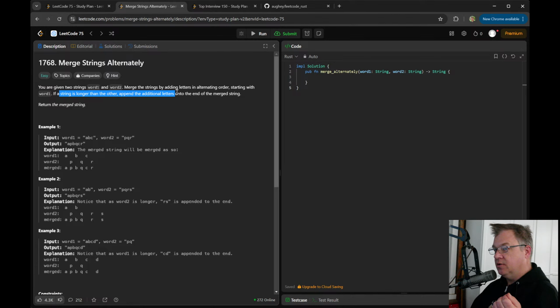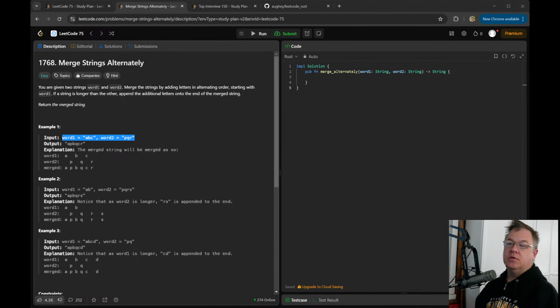If one's longer than the other, append the rest. Return the merged string. Okay. So we have here's two inputs. So test merge strings 1768,